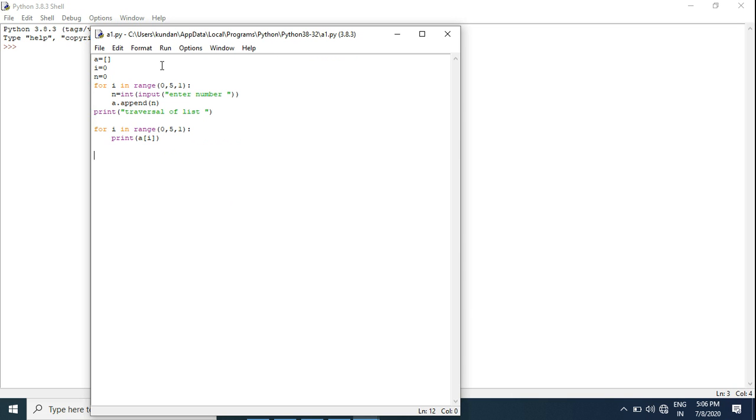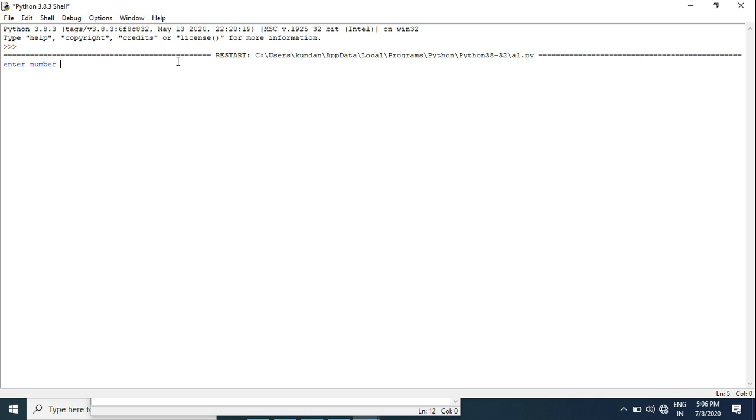First we run the program. First we enter 5 elements of a list. Then for traversal of the list, we print all elements of the list. So first we input the elements in a list, then we print all elements of the list. This process is known as traversal of a list.